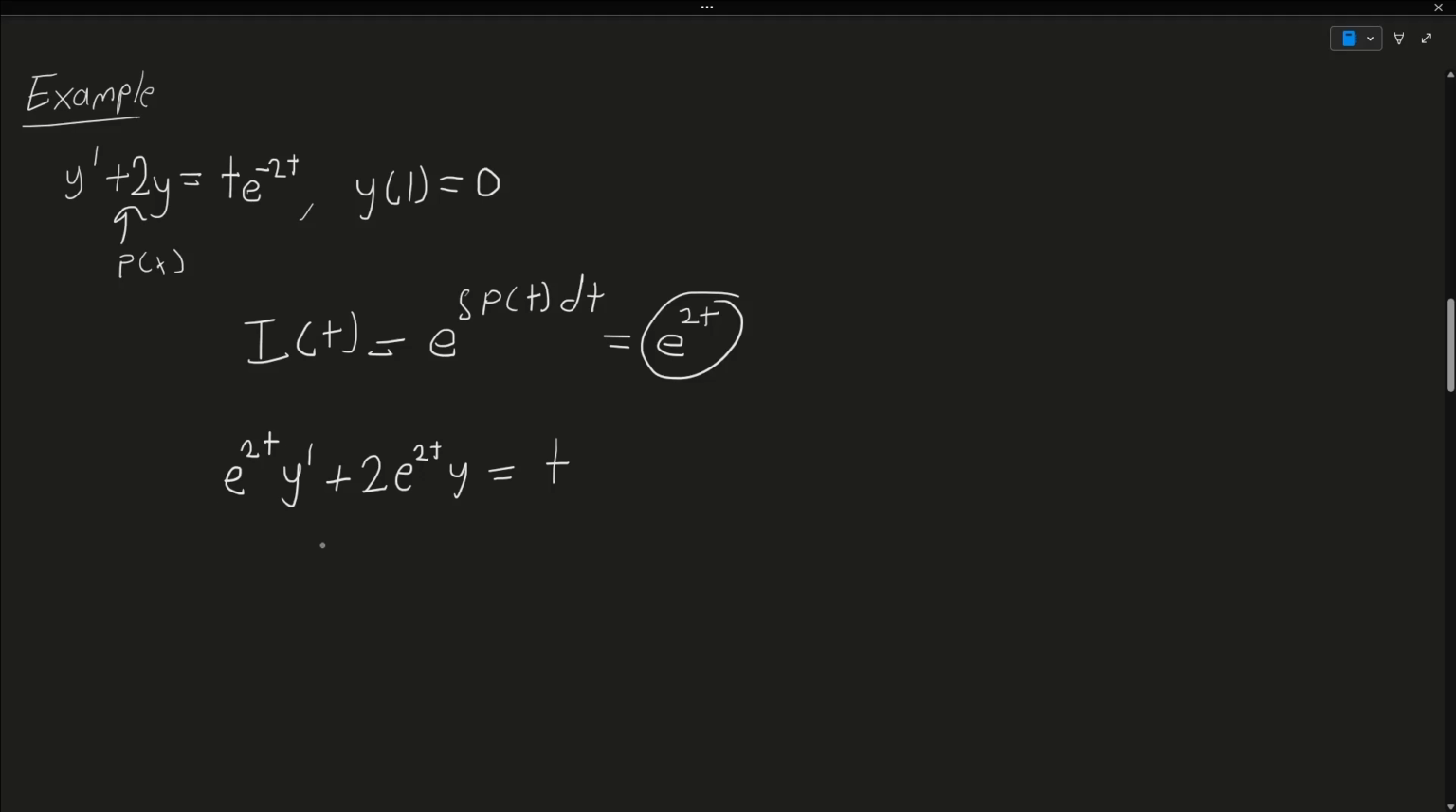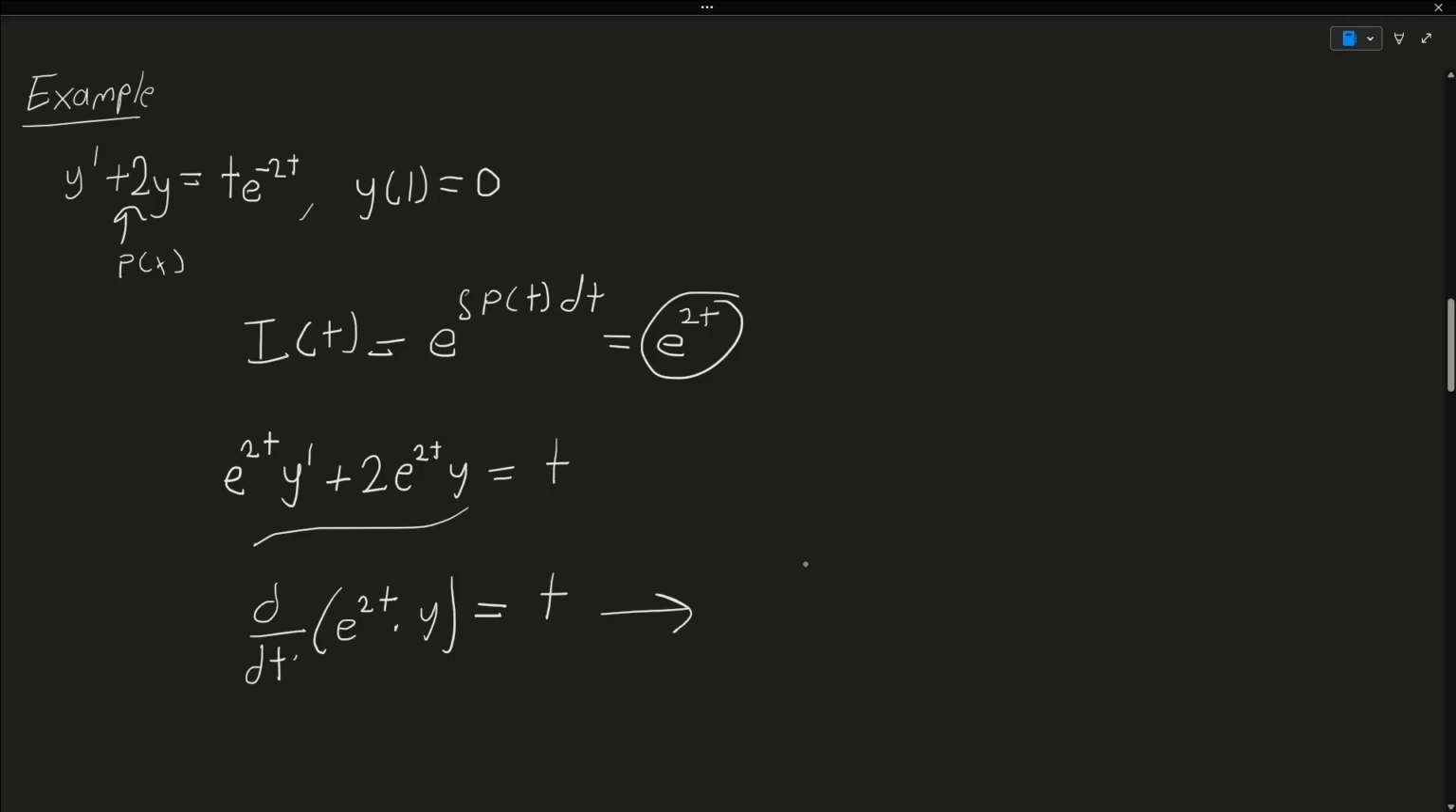From the integrating factor, we know that the left side is actually the product derivative of e to the 2t multiplied with y. You can confirm this by actually finding the product derivative, but we're not going to go over that since we know that this has to be equal to the product derivative, and then equal to t. And now we can integrate both sides. This must be with respect to t, so dt. Let's just fix that real quick. So integrating both sides will ultimately give us